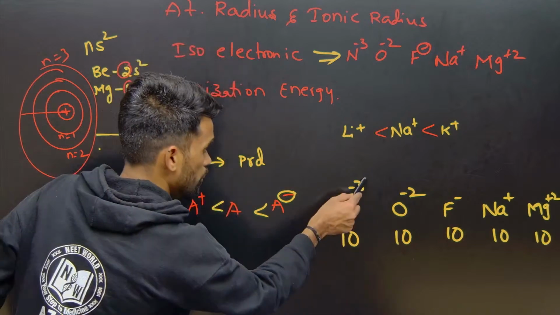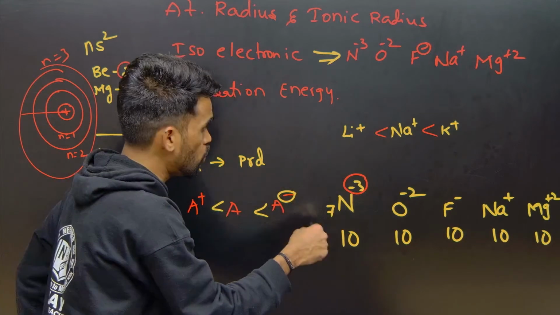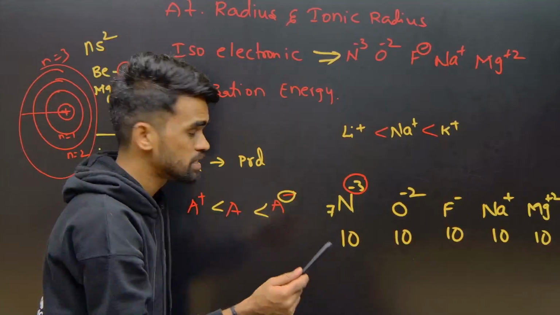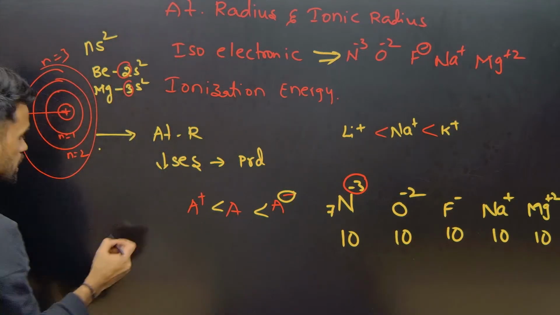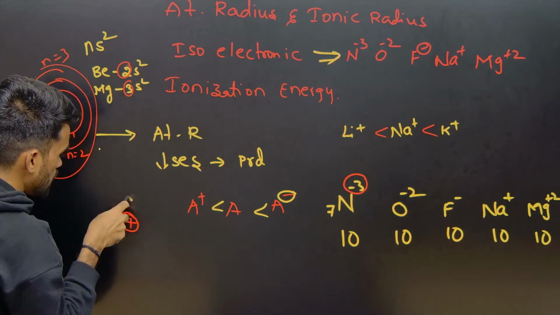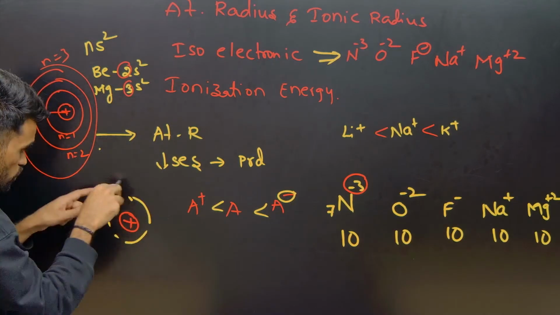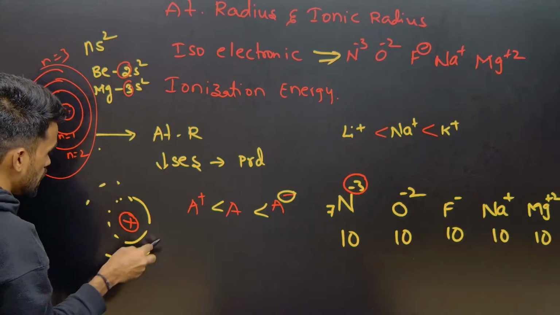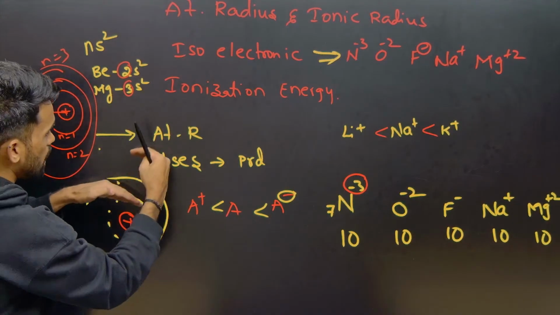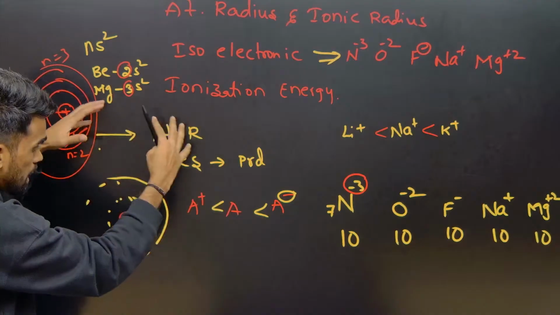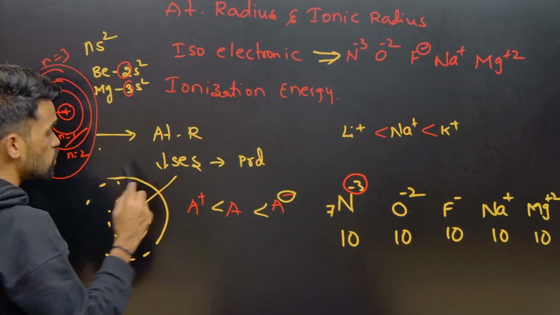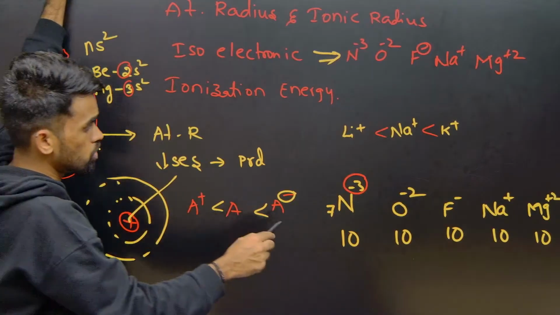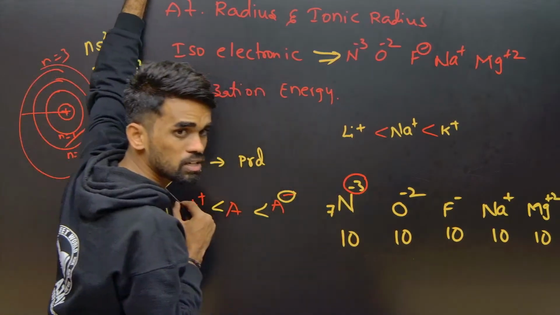See, negative charge is there now. More negative charge, more electrons are there. If more electrons are there, their electron cloud is bigger. If this is a nucleus, and electrons are here, this is shell number 1, and this is shell number 2, like this. If the number of electrons increases, the shell or the electron cloud becomes larger and larger, so what happens to the radius? It increases. So now, where we have more electron cloud,